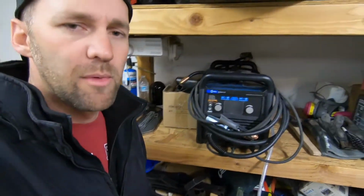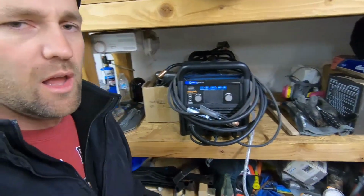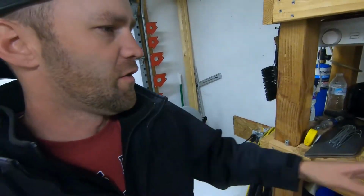anyone interested along with me so they can see the build and maybe get some ideas, and if not, maybe some suggestions on what I can try next time or how I can modify my table to be a little more useful. Anyway, I plan to build it basically with my Millermatic 215,